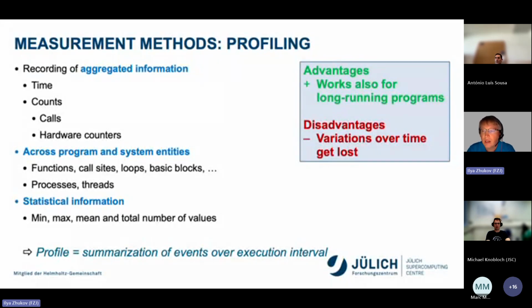We will look at an example, but basically you can imagine that you have multiple iterations and the behavior changes within an iteration, yet you won't get what is going on inside the iteration. You'll get aggregated information about this, so this information is lost. So, in short, a profile is a summarization of events over an execution interval.